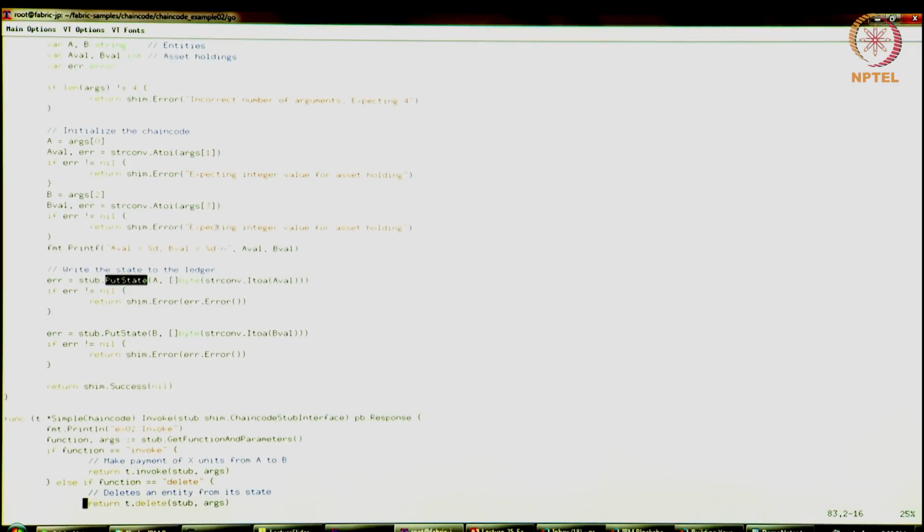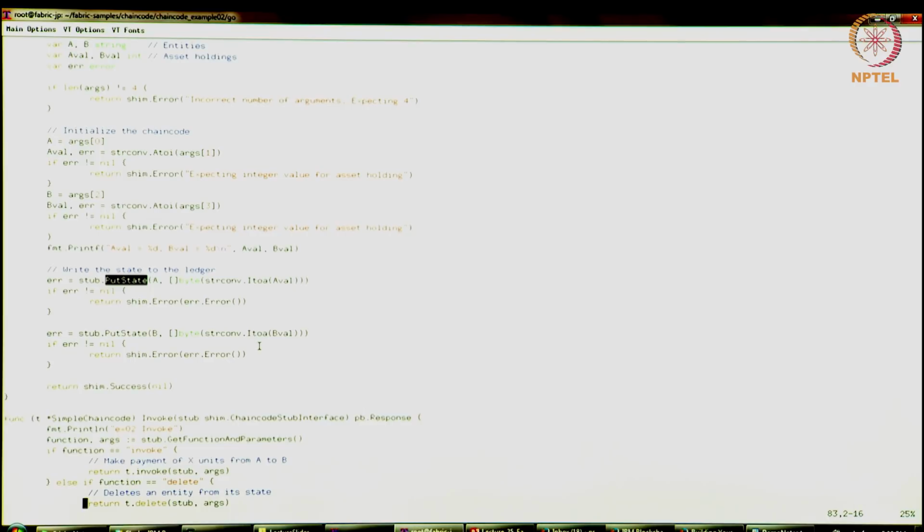And the balance is really an argument provided to the init function. So in this example, we are actually going to set A's balance to be 100 and B's balance to be 200. So this is what is going to get initialized as the state information for this chain code.